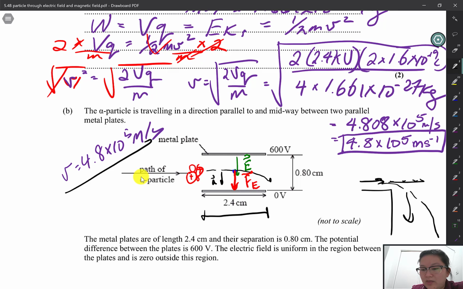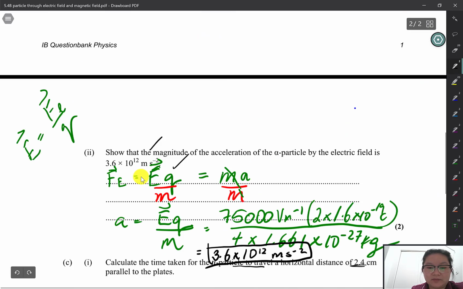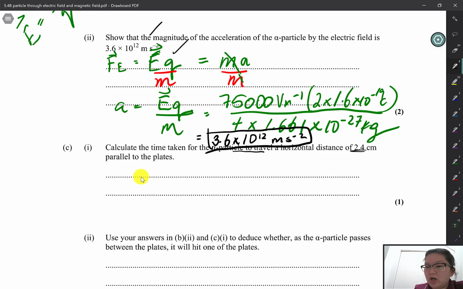Okay, so this horizontal speed is going to determine how far it travels horizontally. So that is basically the time that the particle will take to move across to the other end of this plate, the 2.4 centimeters, essentially. So we're going to use this constant speed, and with the distance it has to travel, figure out the time. Okay? So knowing that, v is equal to distance over time,